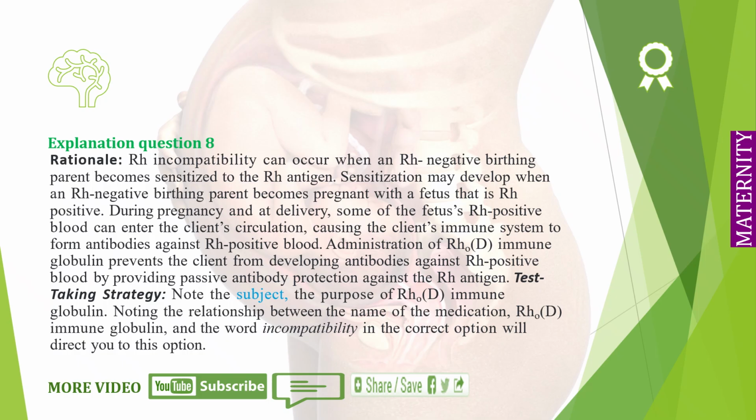During pregnancy and at delivery, some of the fetus's Rh-positive blood can enter the client's circulation, causing the client's immune system to form antibodies against Rh-positive blood. Administration of RhoD immune globulin prevents the client from developing antibodies against Rh-positive blood by providing passive antibody protection against